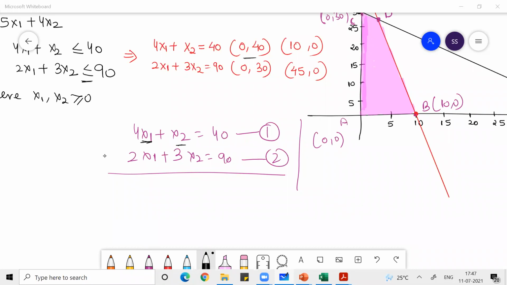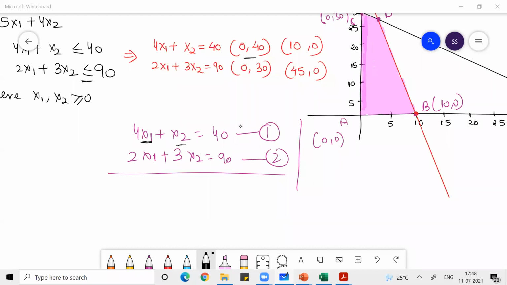Now suppose if you want to cancel x2, then what you need to do, guys? You have to multiply this equation by 3. Are you getting me, everyone? Yes, sir. One student asked me, sir, why you multiplied? Have you understood this? Yes, sir. Okay, thank you. Shreyas, okay, now I can see your name.